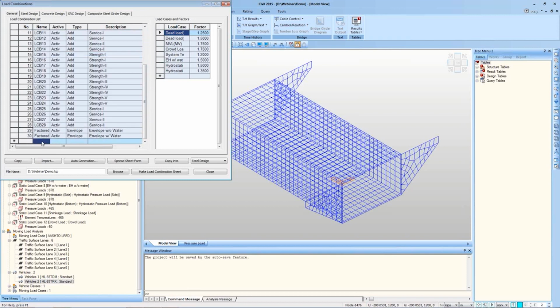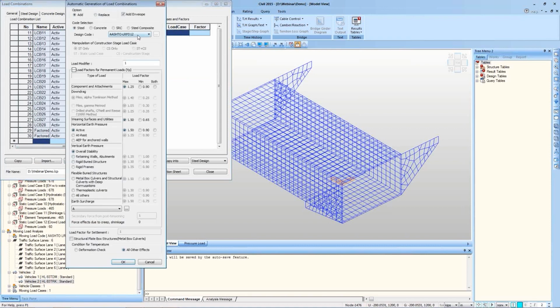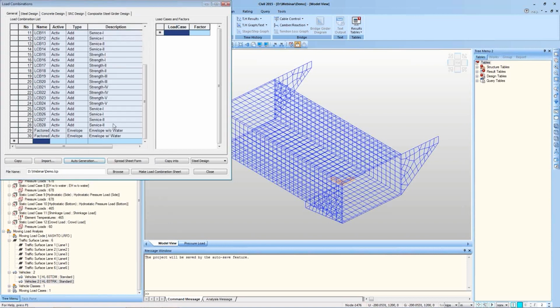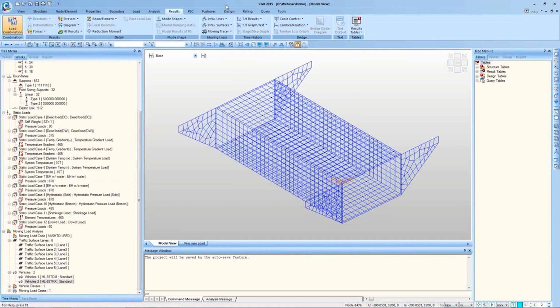If you want to make changes or define some additional, you can surely add load combination here, or you can go to auto generation, choose the standard as per which you want to generate load combination, and click OK. So load combinations will be automatically updated. For now, I'll just leave it to the previous load combinations and just click on run analysis.